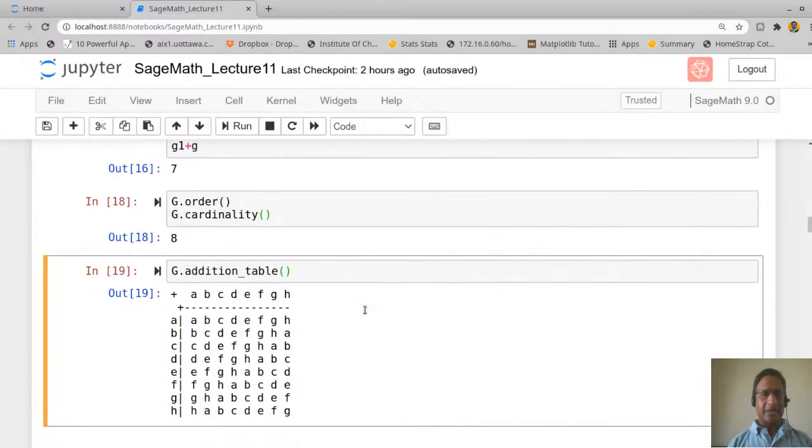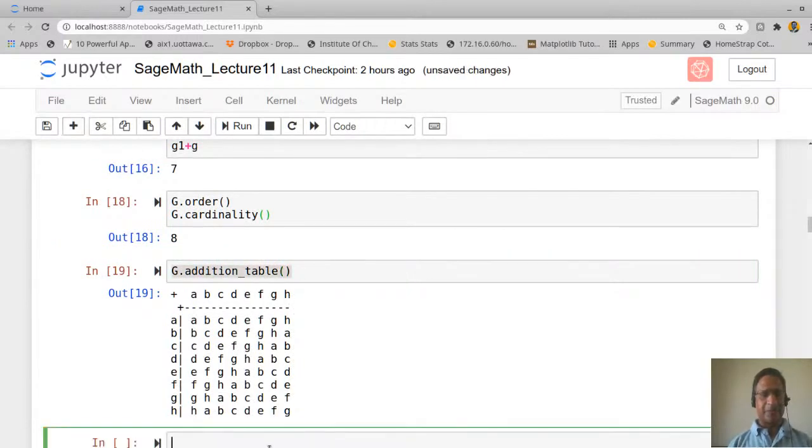But if you want, you can write this in a slightly different way, where you mention the elements of the group. I can say names is equal to, in single quotes, elements.